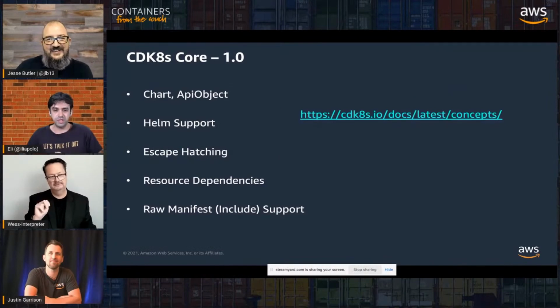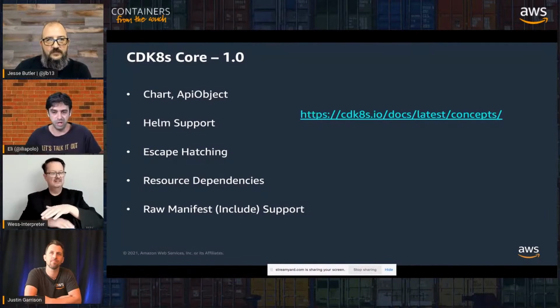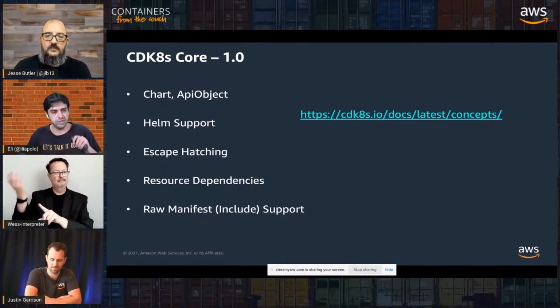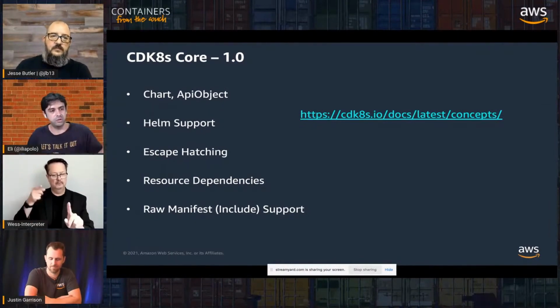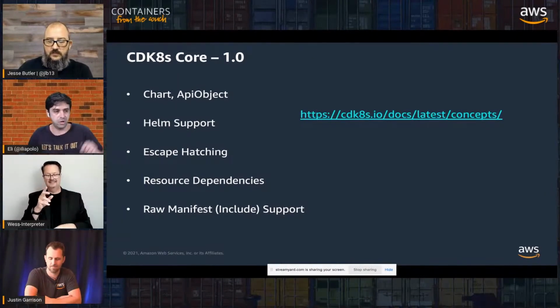Okay, so CDK8s core is the second component, the foundational API that everything else is built upon. It was a silent participant in our slides, but it's actually very important. So this isn't the generated code bindings, right? The generated code bindings are on-demand code that we generate. This CDK8s core API is lower level and